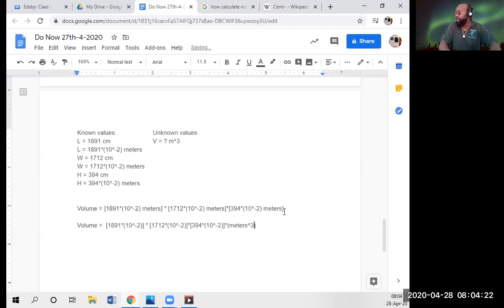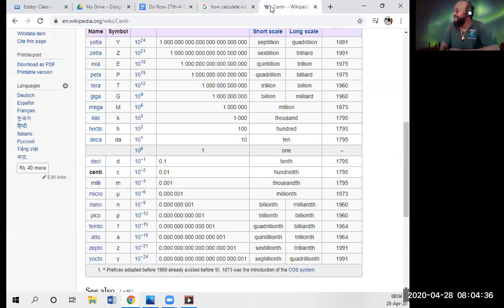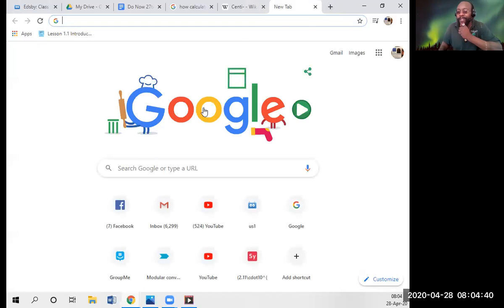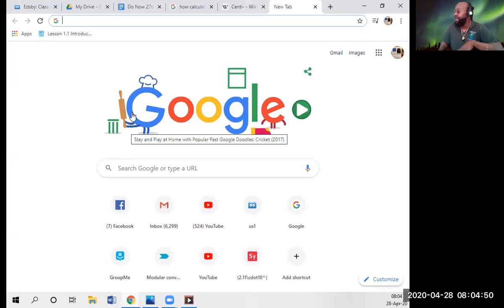There's our meters cubed. So now all I got to do is take everything inside of these brackets and go to my, as I always tell students, Google is your friend. Go to open a tab. We get that, we got that. Now I'm gonna try to put these links also in the chat so you can see for yourself what they come from. I gotta look into see if I can, not all websites allow you to make them PDFs and then share it. So that's the issue there.